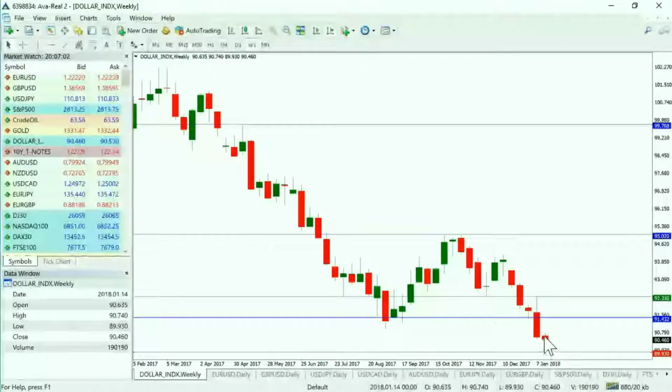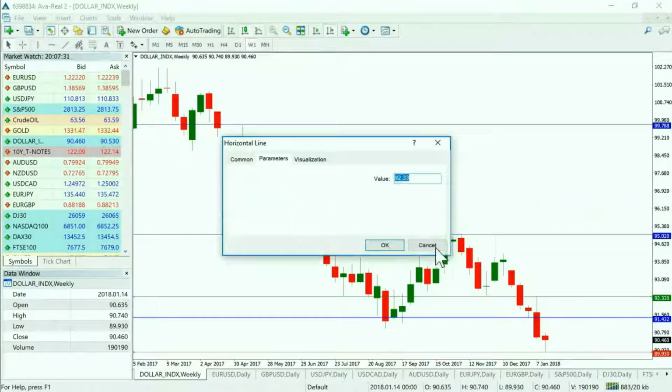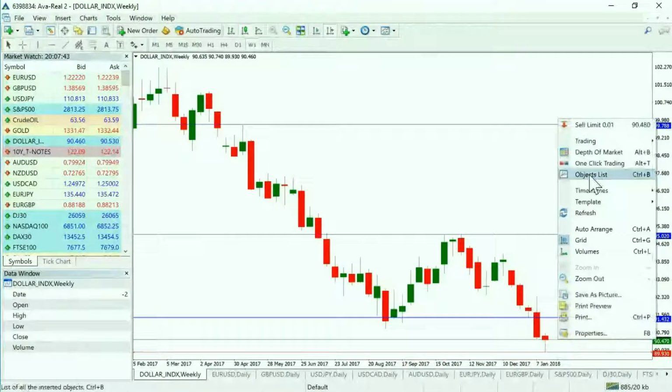And actually, I'm going to work with the high as well. The reason why, when we look at all these dollar-related pairs, if we start getting reversals and breaks across the board, it actually gives us the heads up that there's some significant strength coming into this market, if that's the case, maybe from a technical perspective. So I'm going to look at the highs. So we're looking at the 90.740 level. So I'm just going to move the weekly level here. 90.740. Excuse me, let me change that again.